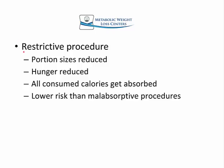The sleeve is in the category of restrictive procedure. So in a restrictive procedure, we just do something to help make your stomach smaller so that your portion sizes are reduced. And also typically hunger will be reduced as well. But all consumed calories still get absorbed. You just consume fewer calories because you're getting full earlier. Restrictive procedures as a whole have lower risk than malabsorptive procedures like the gastric bypass or the duodenal switch because